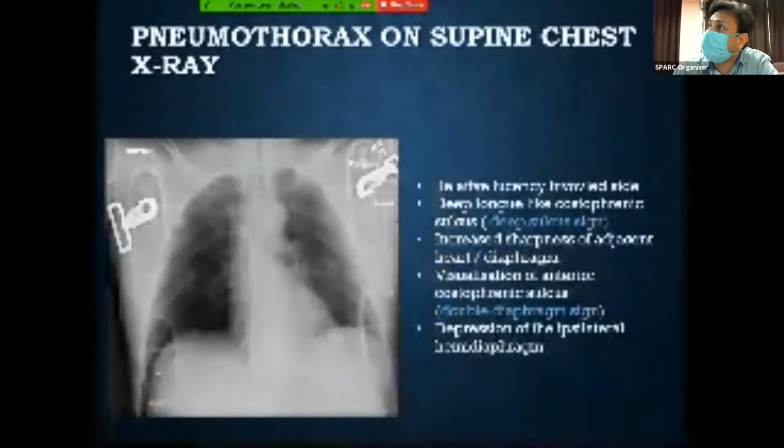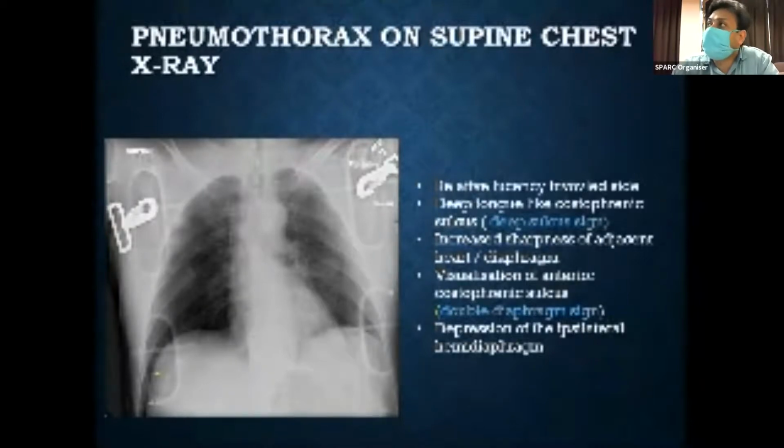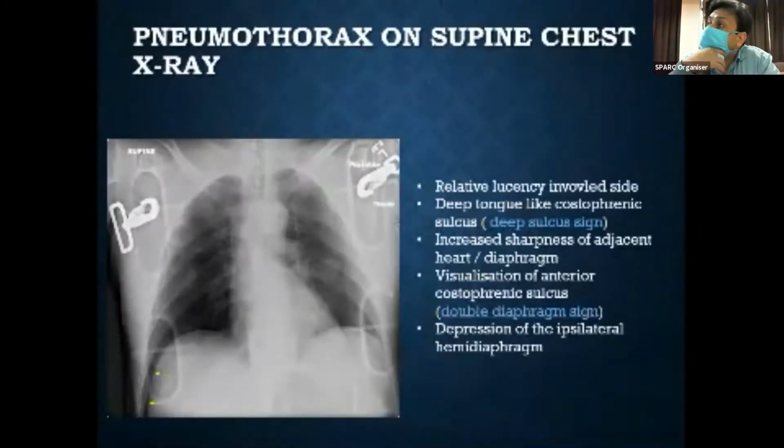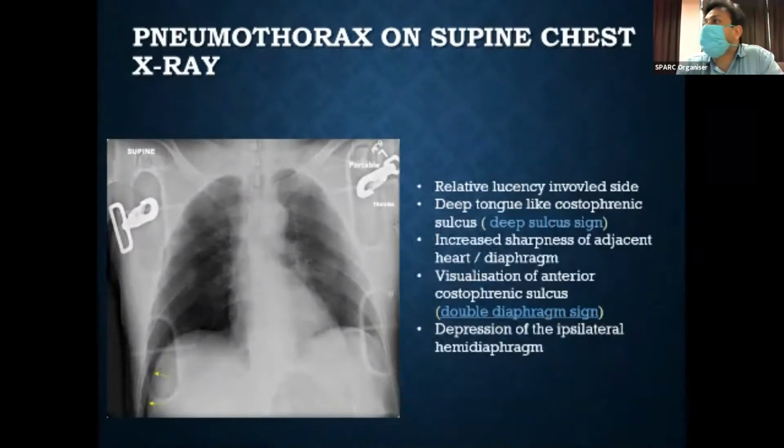And of course, if the pneumothorax is very large, it can cause collapse of the entire lung, depression of the diaphragm, and may produce a tension pneumothorax kind of picture. But as you know, when we have the supine film, these findings which are very simple to interpret on erect film are very difficult to interpret on a supine film, because on the supine film, the air collects anteriorly. The air does not collect laterally and push the lung medially. Here, rather than collecting laterally, the air collects anteriorly, and posteriorly we have an inflated lung.